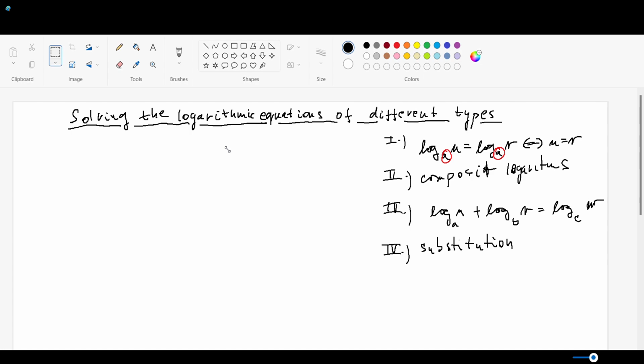So you better do the check at the very end of the equation rather than finding the domain of the function. Basically, if you are not asked to find the domain of the function, then in a lot of cases, if it's a complex equation, you simply solve the equation and then you do the check. Okay, so this was like